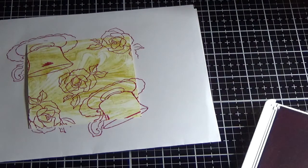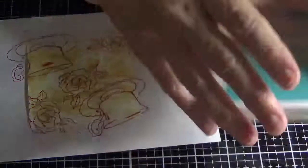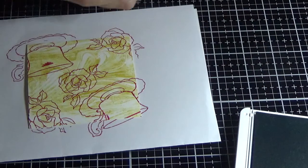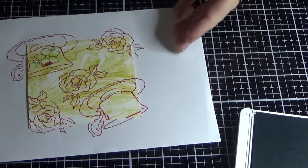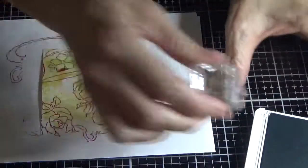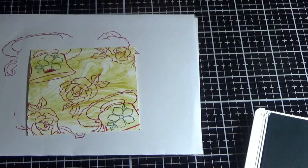And how you could fix that where I made a boo-boo, you could take the smaller flower, and we'll just put that Bermuda Bay out the way. I've just got Bermuda Bay here, so I'll just open that up and just stamp that flower where I've done the boo-boo, so you could just do it like that. I most probably should have done it in the Melon Mambo to cover it up a little bit, but that's another idea within the teacup. You could just stamp a flower on the teacup like that. So you would just continually do that,